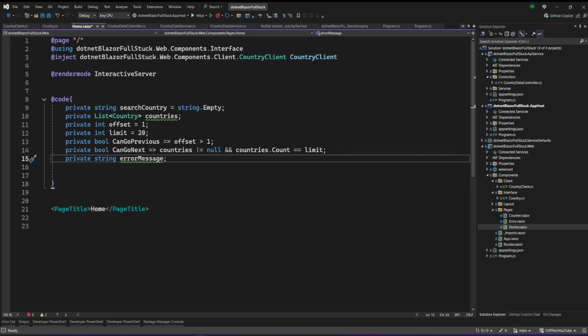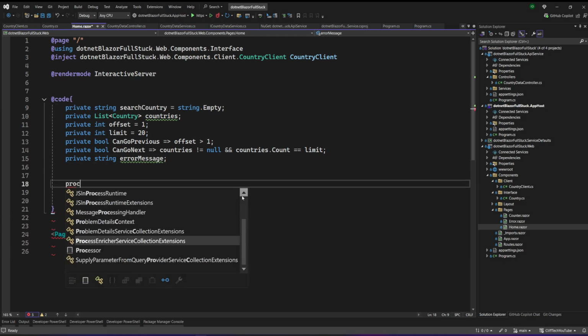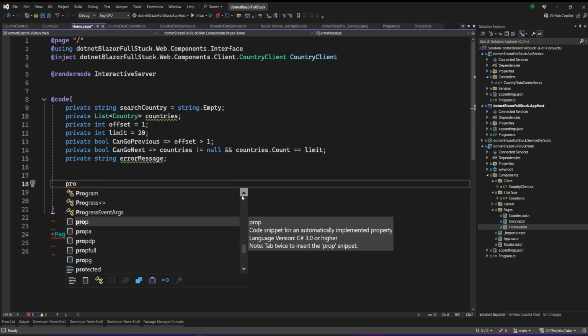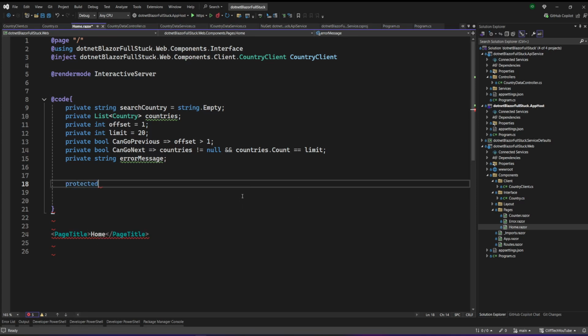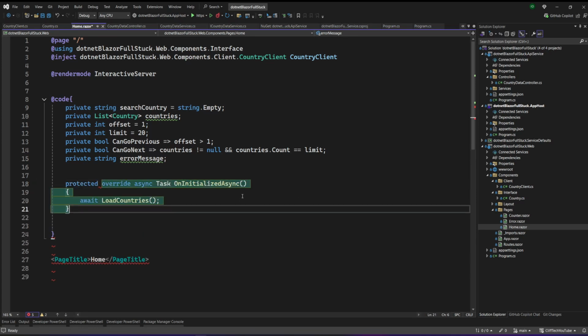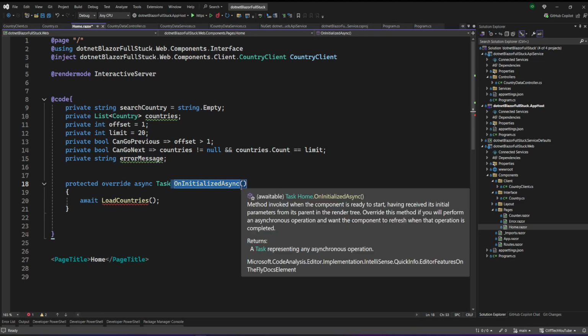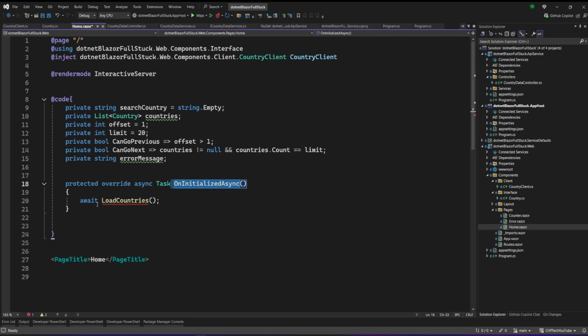And there is one thing that we want to do. We then want to say protected here. Protected, right? So protected here, and you see the override is saying we want to load in some kind of data coming in. Don't worry, we are going to create that one in a minute. So this one will load the data for us, and inside that